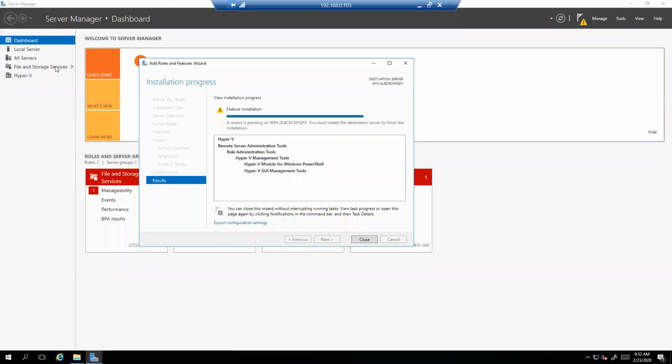So here we go. Now you can see that behind the scene Hyper-V appeared in the server manager. Before this, we had only 4 options: dashboard, local server, all servers, and file and storage services. But right now we get the option Hyper-V. It means that feature installation has been done, and here you can see that a restart is pending on this